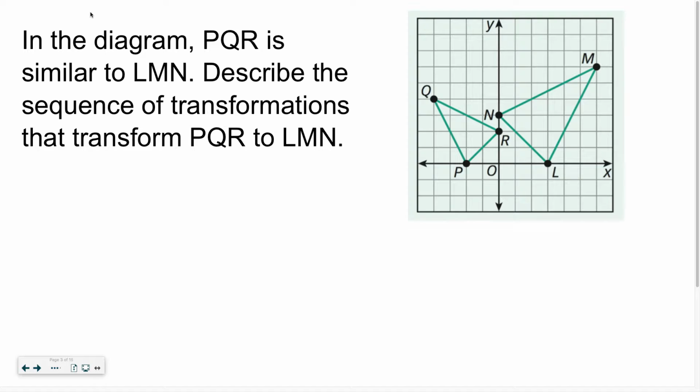So in this diagram, we have two shapes. We have two triangles, PQR, and then we have another triangle, LMN. So we